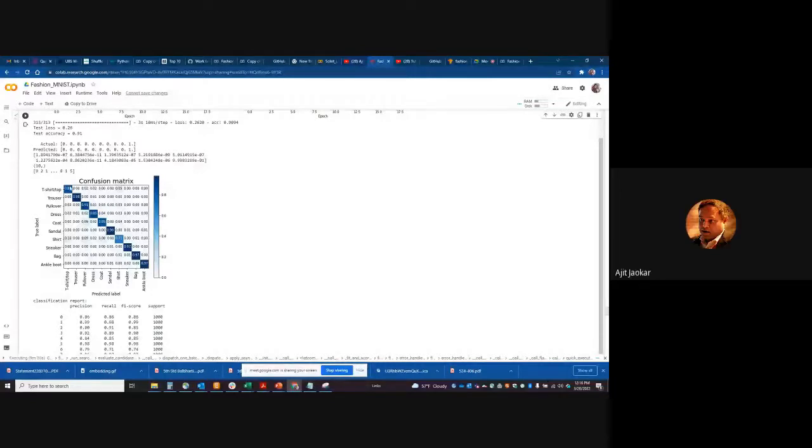So the confusion matrix is basically a 10 by 10 matrix because you've got 10 classes, 0 to 9. So what is the question? My question here is, I was expecting that from the images we are going to find the classes or the type of object. So what does this output predict? How do we read this output?